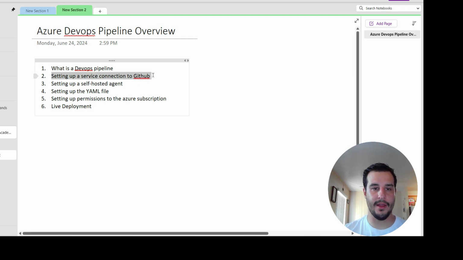Then we're going to be setting up a service connection to GitHub to grab code so that we can deploy the code using our Azure DevOps pipeline. And we're going to be using a self-hosted agent, setting up the YAML file, and then we're going to be giving the service connection over to the Azure DevOps pipeline some permissions to a specific Azure subscription so we can go ahead and do a deployment. So without further ado,